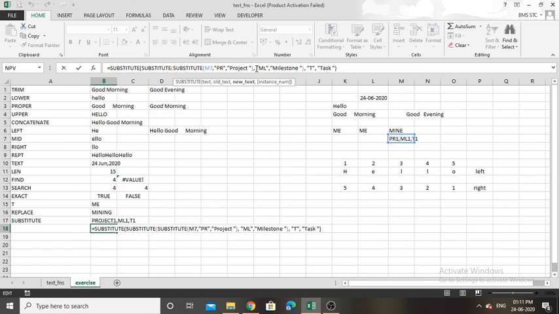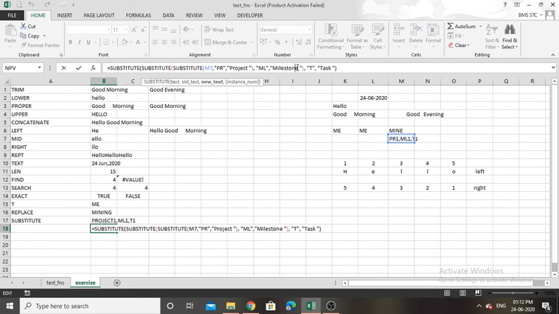First substitution is over, comma. Second substitution, old text, comma, new text, bracket close, comma. The last substitution, old text of last substitution, comma, new text of last substitution. And you should make sure that there is a space in the new text before the double quotes. So I am keeping a single space after the new text of each substitution in this function. So after I type project, I simply click the space bar, then I put double quotes.